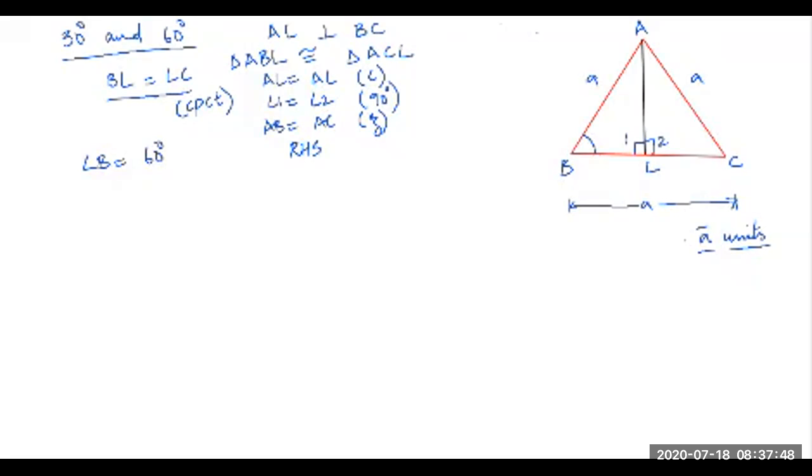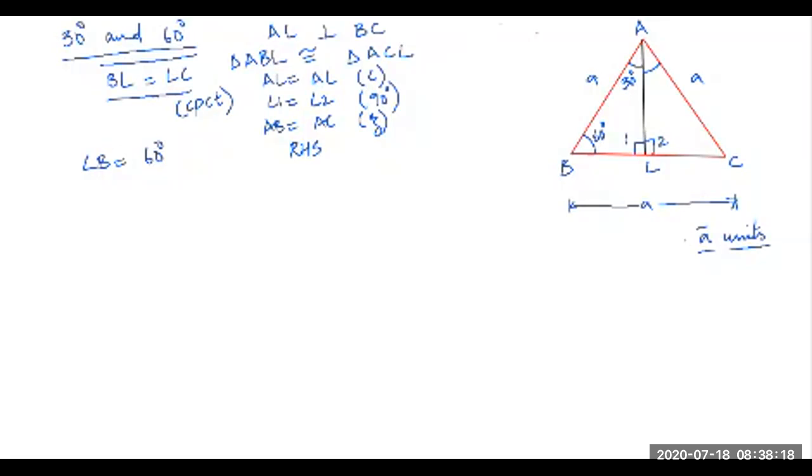Alright students, now if angle B is 60 and these two triangles are congruent, it can easily be proved that this angle is equal to this angle. And hence, this angle will be 30 degree. This angle also 30 degree. So this is 60, 90 and 30 degree, making the sum 180. Right. Now you see students, interesting thing. As these two sides are equal, BL is equal to LC, we have proven.